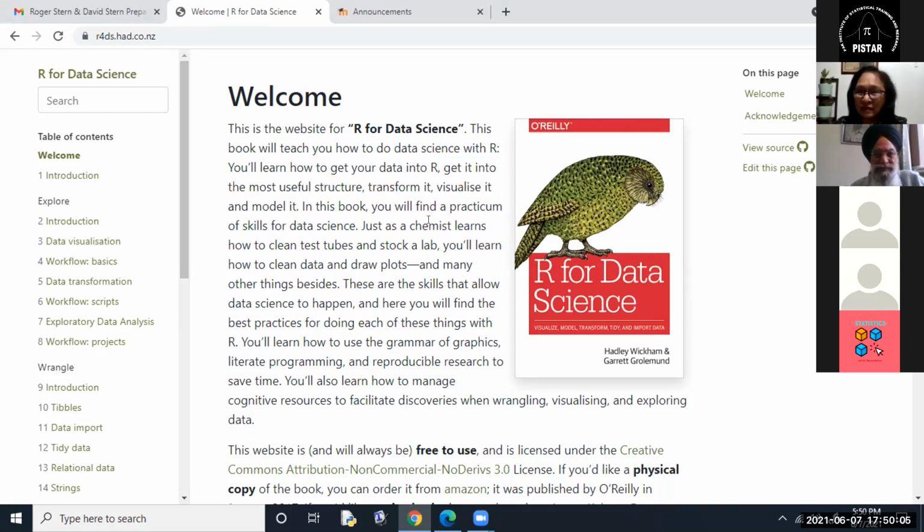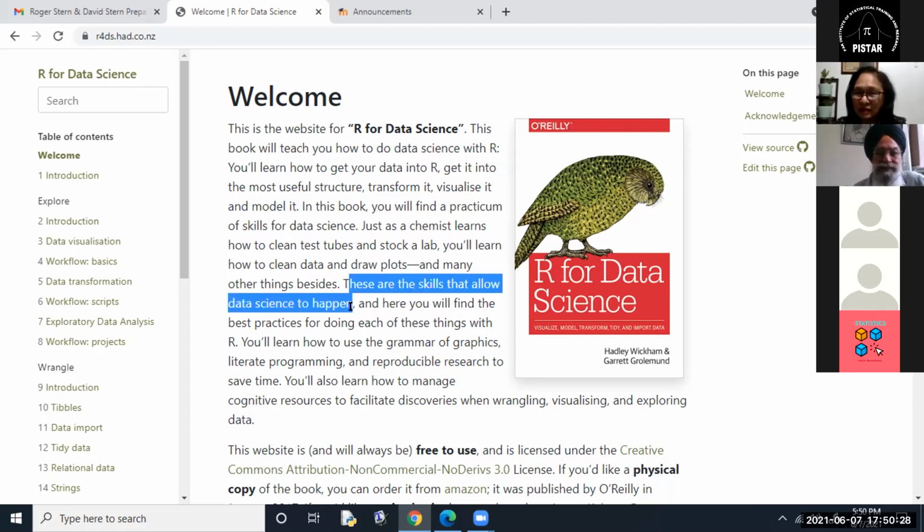So in this book, you will find a practicum of skills for data science. See, it says it right here. Just as a chemist learns how to clean test tubes and stock a lab, you learn how to clean data and draw plots and many other things besides. These are the skills that allow data science to happen.